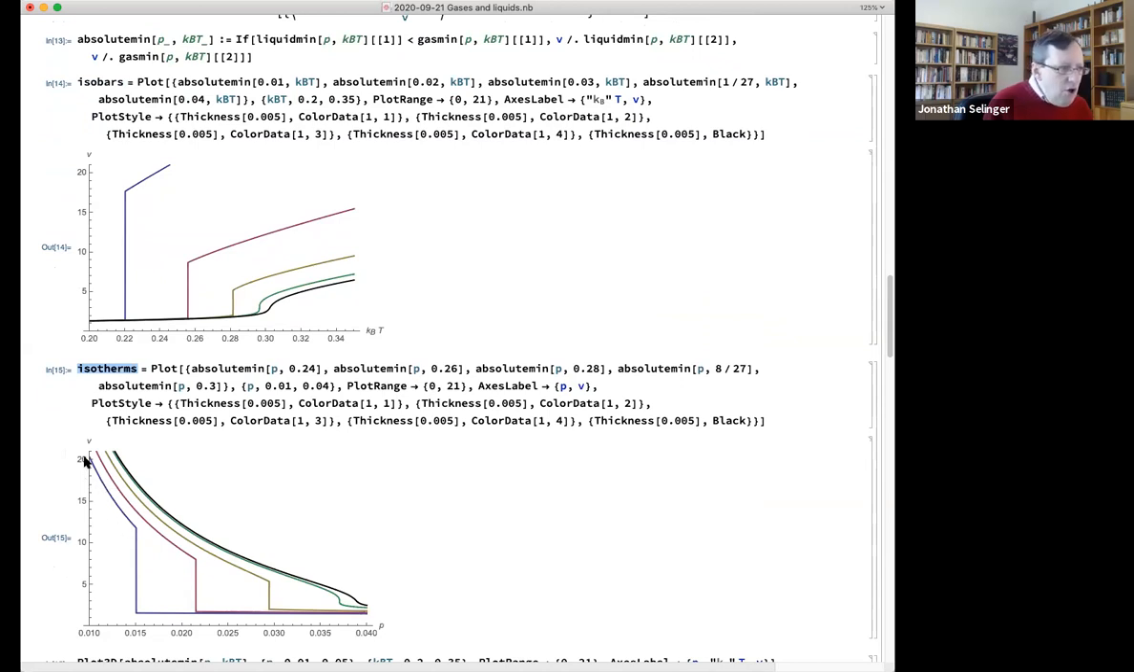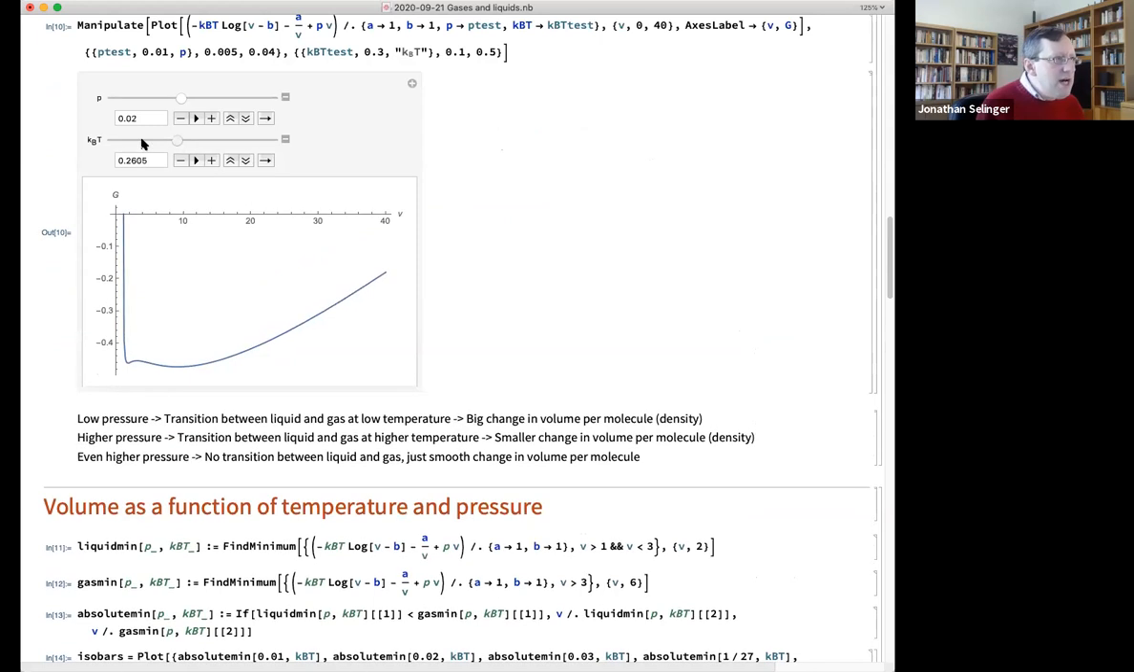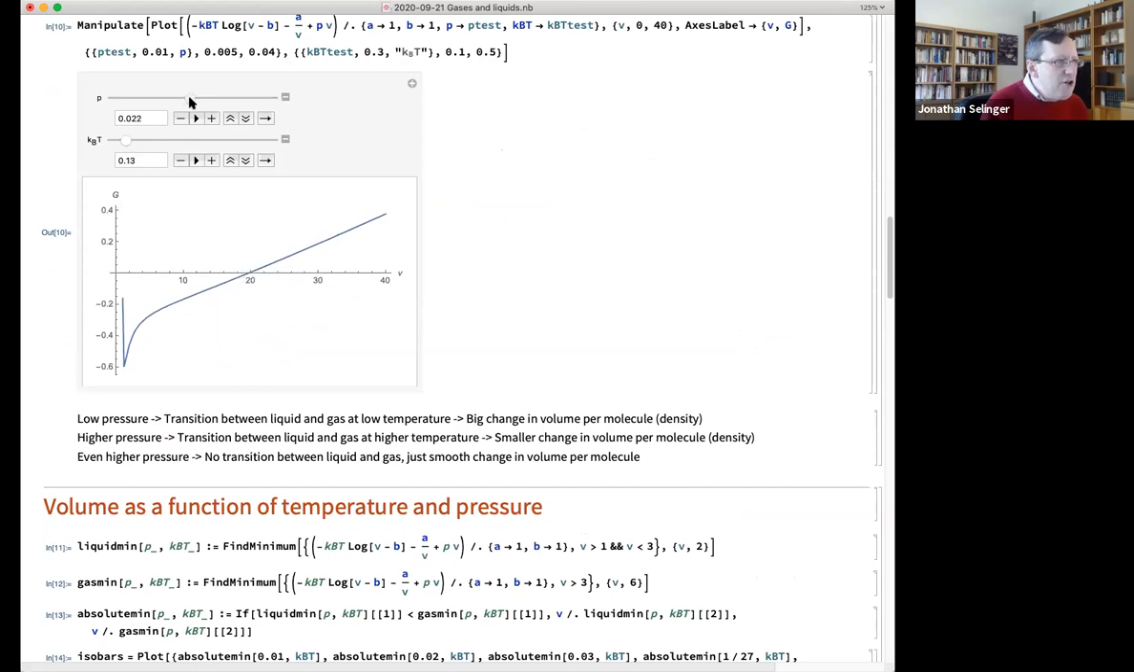Okay? So at low temperature, when you're raising the pressure, right? At low pressure, you have a gas phase, and the volume is really sensitive to pressure. And then there's a sudden jump, right? As you raise the pressure at fixed temperature, you go from one minimum to another minimum. That's like what we could see here, right? If we're at a low temperature, and we raise the pressure,